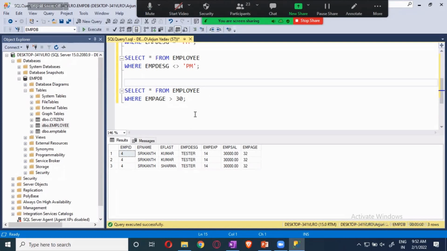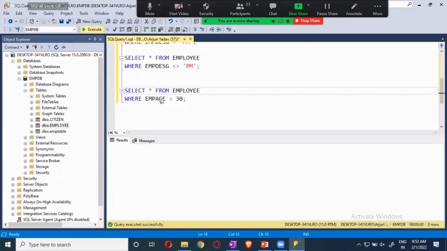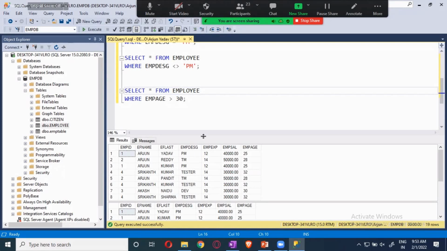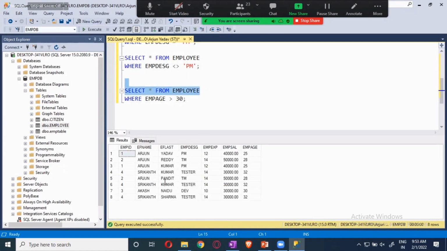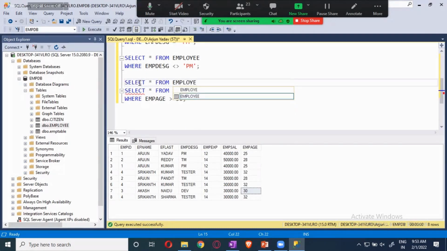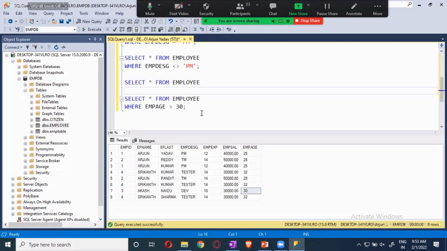Okay. Now, I want to see this once again. Now, in this, I want to say include the 30 also. Here it is not showing 30. Can you see this? I'll show you both of them. Select star from employee. So this is one select statement and this is the other select statement.